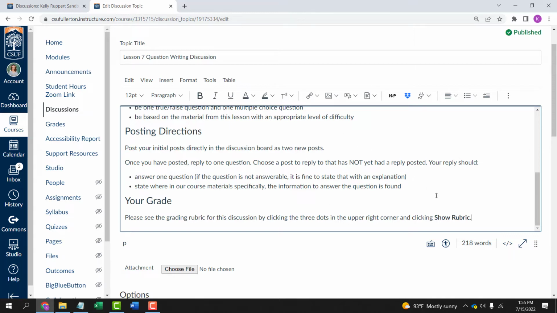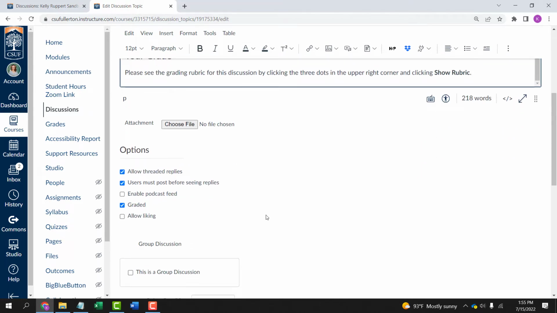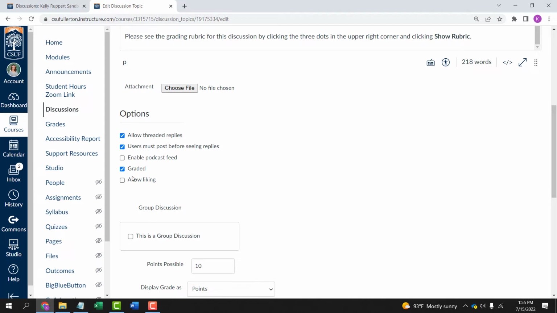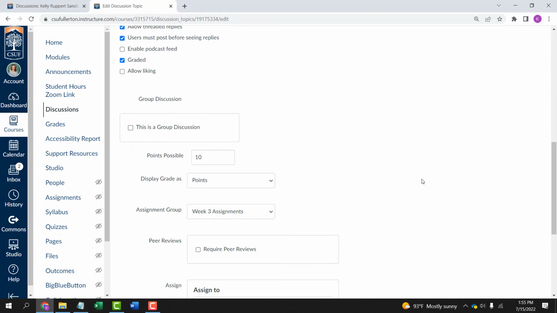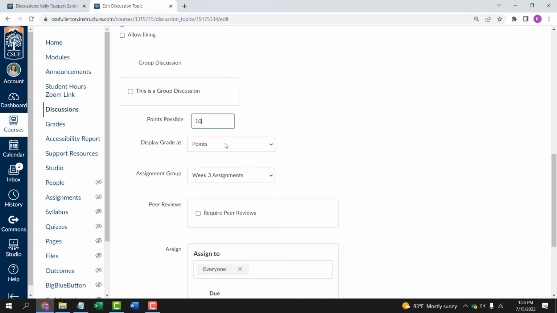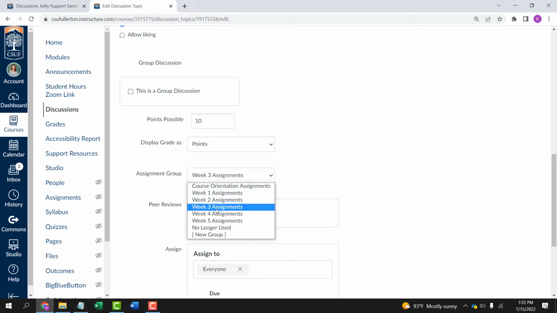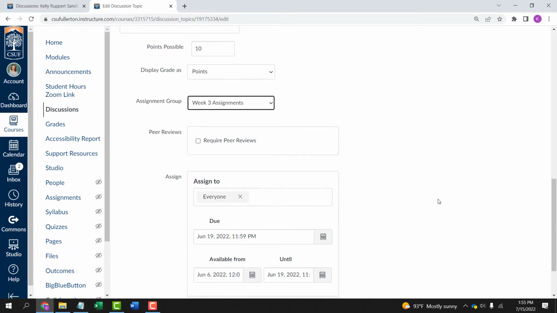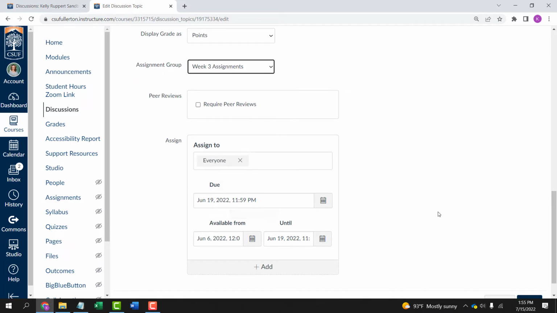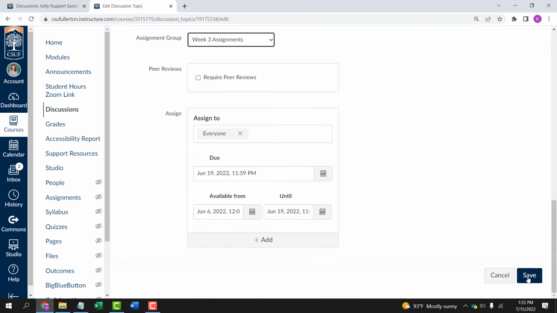So once I've given them the instructions, and we're going to scroll down here, and you have some options. I do say they must post before seeing the replies, so they can't just take questions from other students. And the key here is I make this graded. So you want to make sure that it's a graded discussion if you are assigning points. So I've given them 10 points. I'm displaying the grade in the grade book as points. This is part of the week 3 assignments, so I select that as my assignment group and then come down here and give it a due date. So once I click save here,